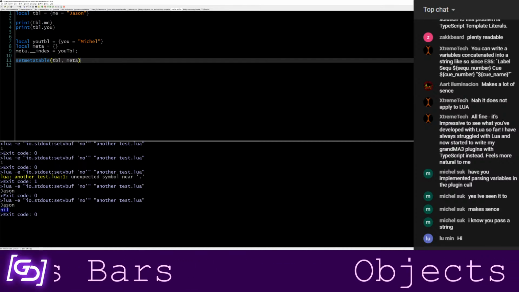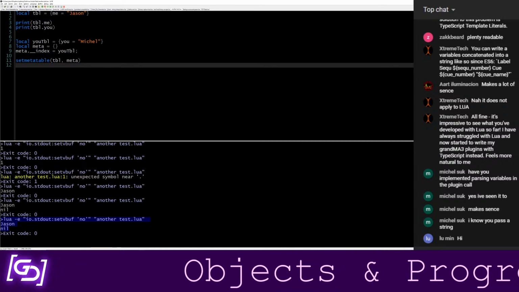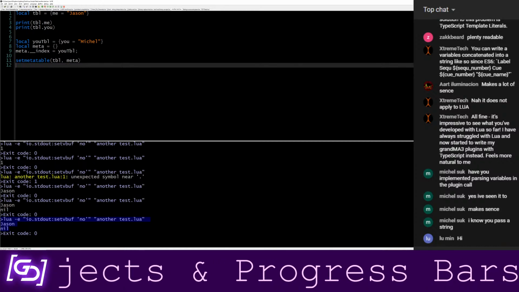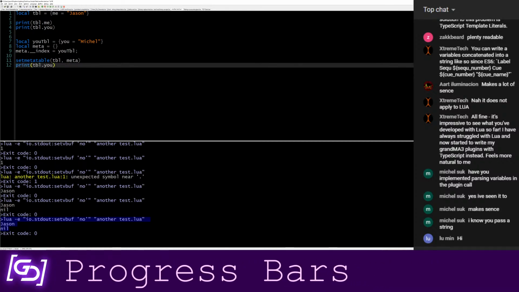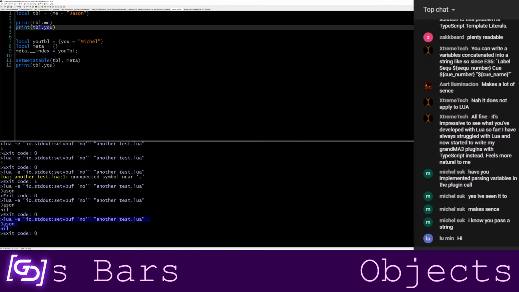So far, we haven't asked it to print anything else, so it's still going to do the same thing. Now I'm going to ask it, so we tried printing table.u, nothing happened. Now I'm going to try printing table.u again. And we know, because we just ran it and it turned nil, that it does not have this value.